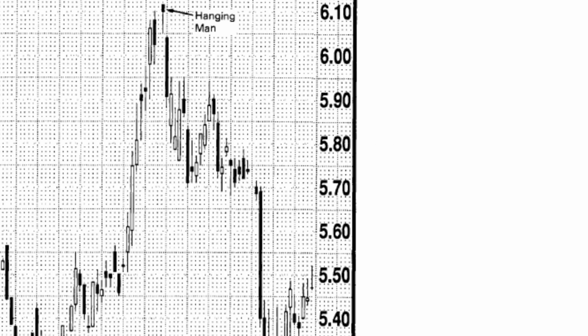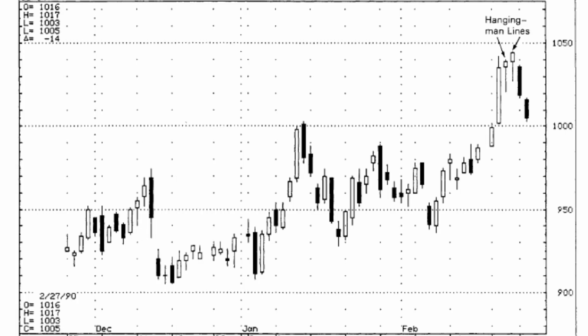This chart shows a classic hanging man pattern. New highs were made for the move via an opening gap on the hanging man day. The market then gaps lower, leaving all those new longs, who bought on the hanging man's open or close, left hanging with a losing position. In this chart we see that the rally, which began in early February, terminated with the arrival of two consecutive